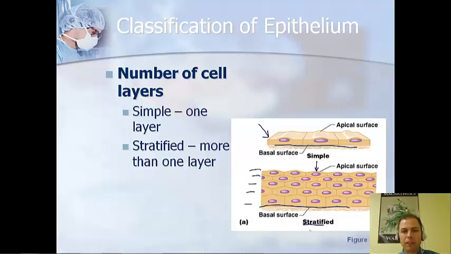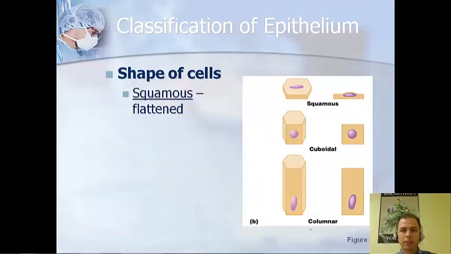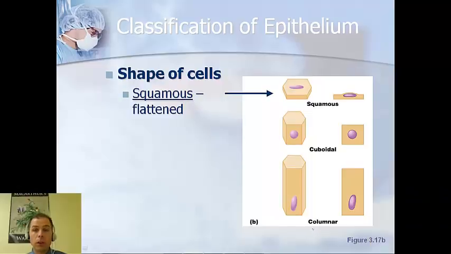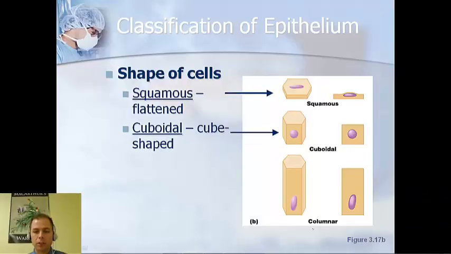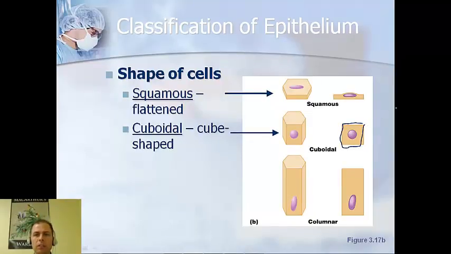When we identify epithelial tissues, we will first identify whether it's simple or stratified, but then we'll have to consider the shape of the cells themselves. There are three specific shapes, beginning with this flattened or squamous cell. Squamous cells, as you can see here, appear to be smashed. For cuboidal cells, the name says it all. These are cube-like cells. They are shaped like a box,